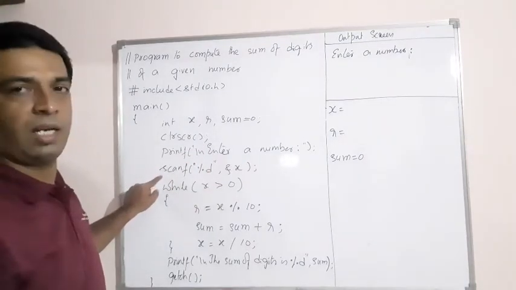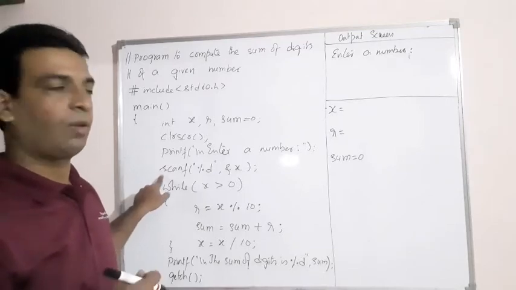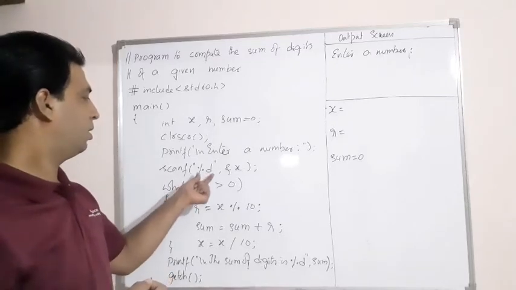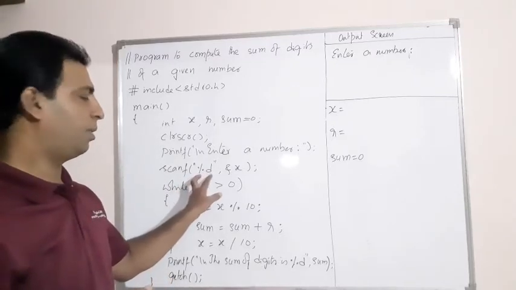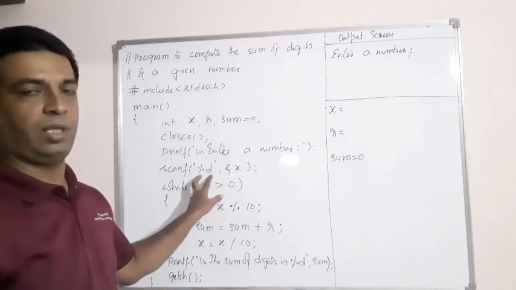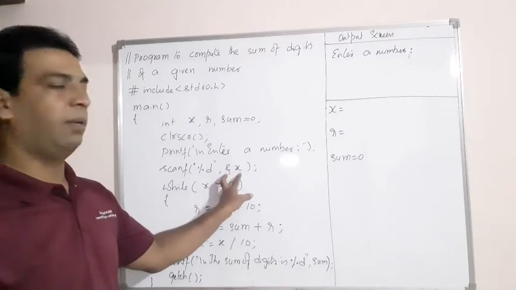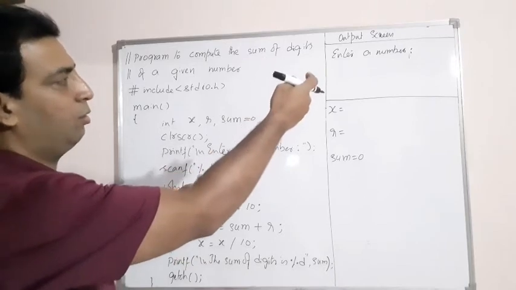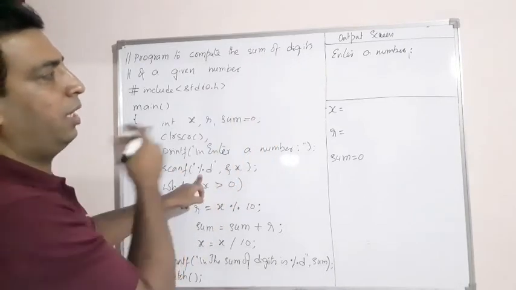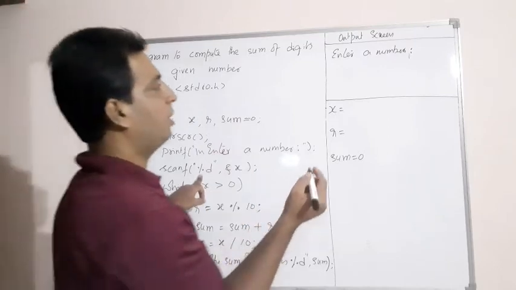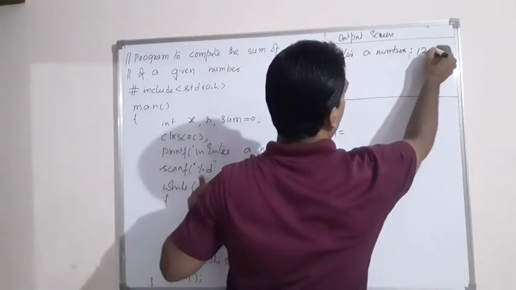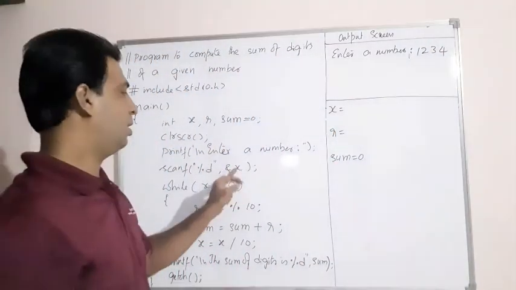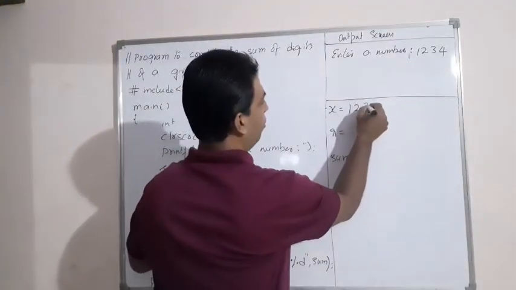The next statement to be executed is scanf, which is a formatted input statement, used to read a value from the keyboard from the user. Here in this scenario, scanf has a %d, which indicates it is supposed to read an integer value into a variable named x. Because of the statement, the cursor will be blinking on the output screen, expecting you to give some integer value. So let me give some number, let's say 1234. This is the number I have given at runtime, which will be stored in x. So the x value is 1234.